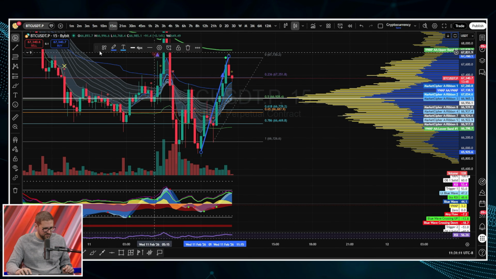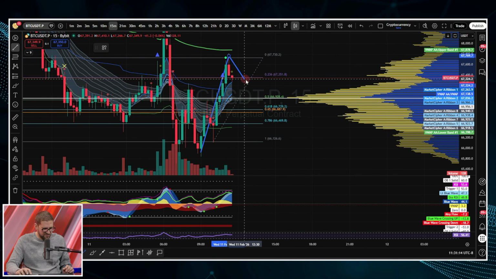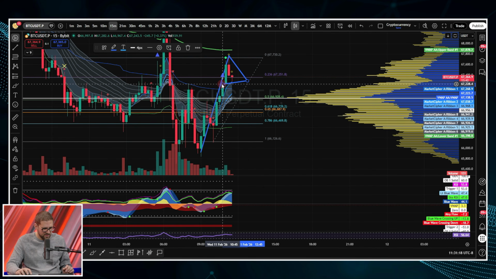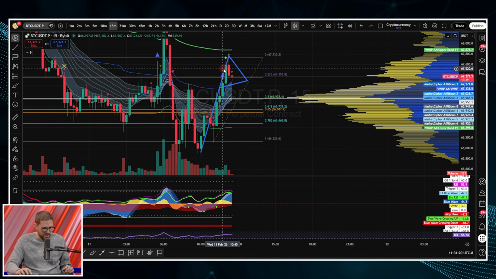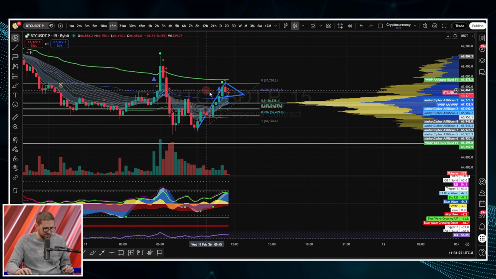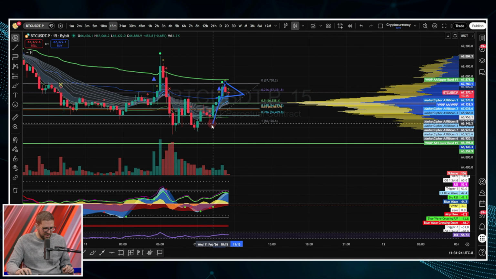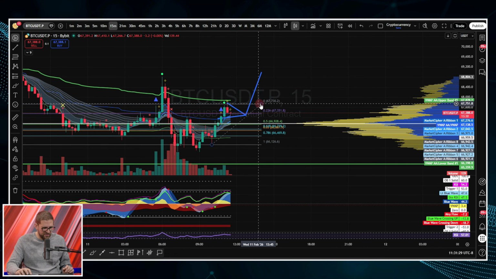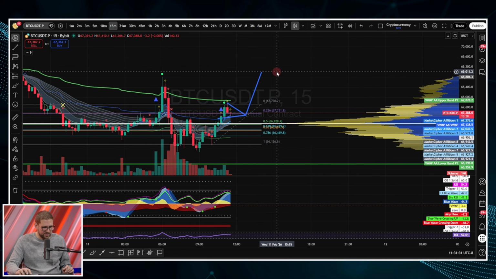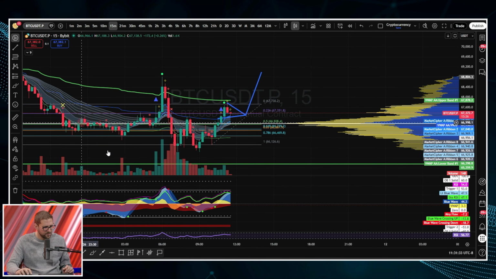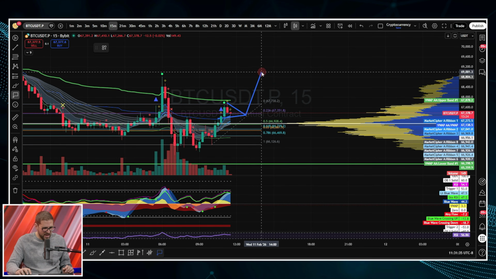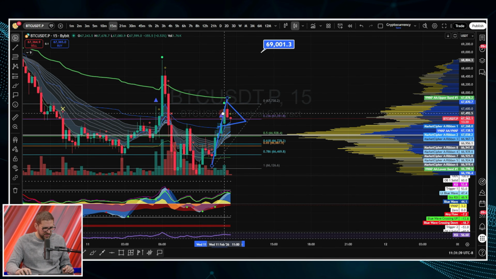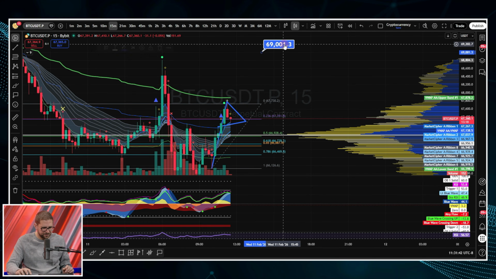Something like this, right? We flag out, or we see a little pennant here, and then we see that push to the upside. Measured move on this one. Even if we took it from the low here, measured move breakout from the 236 level would bring us up to our last swing high, just above it, at above $69,000. But this is a wait and see here to get a premium entry on this Bitcoin trade.